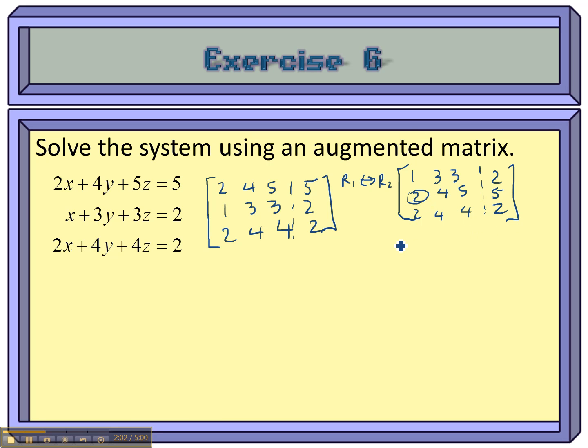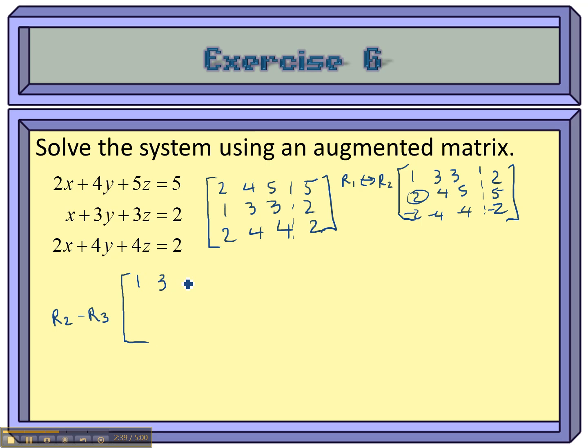Okay, so now this is the one that I want to get rid of next. And I can get rid of that by doing negative 2 times R1 and adding it to R2. Or, if I look at this, the last two equations have 2's in them. So if I just subtract those things, my x will disappear on that. So maybe that's what I should do. I'll do R2 minus R3. So let me change all of these to negatives, negative, negative, negative, negative. And my new